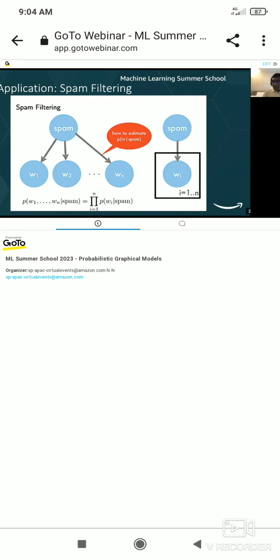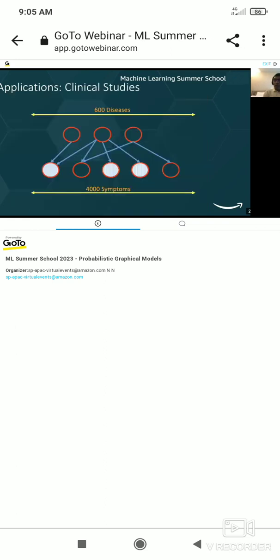So this expression here. In a real-world scenario, the words W1 to Wn in a sentence, if you look at, let's say, an email, are unlikely to be independent of each other because there is a certain structure associated with the language. But in many cases, even for real-world problems, you make simplifying assumptions like the one we have made here, saying that given spam, the words are independent, to be able to arrive at a feasible probability distribution that can be computed. We do this often to make machine learning and inferencing easier. So moving on,